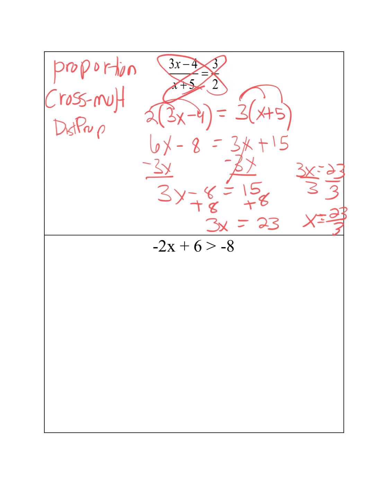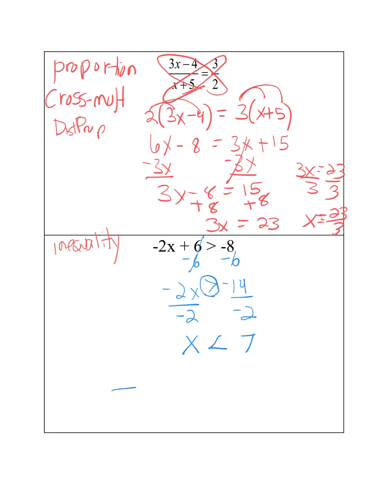And now we're going to move into inequalities. And we know that there are a lot of similarities between solving an equation and an inequality. One big thing to remember is that when you're multiplying or dividing by a negative, you must change the direction of the inequality symbol. So here I'm going to start with that positive 6, and the inverse is to subtract 6. And now I have negative 2 times x. The inverse is to divide by negative 2. Dividing by a negative